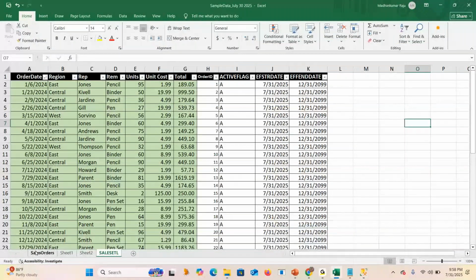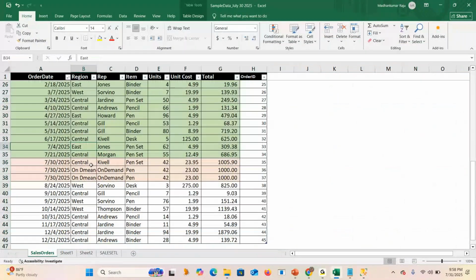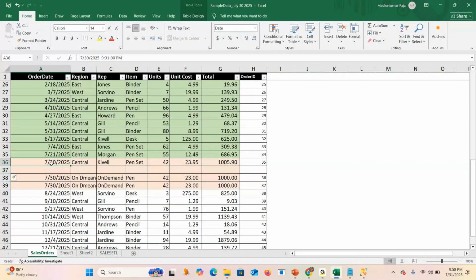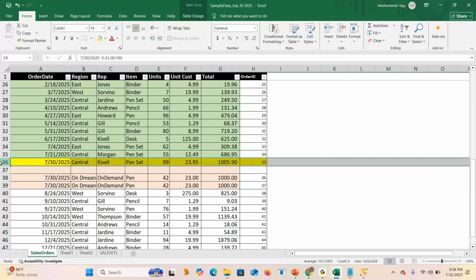Okay, now what happens in the source? Some update is coming, like with order ID 35. With this order ID 35, they are updating the units from 42 to 99. Now we will see only one record in the source, correct? For order ID 35.